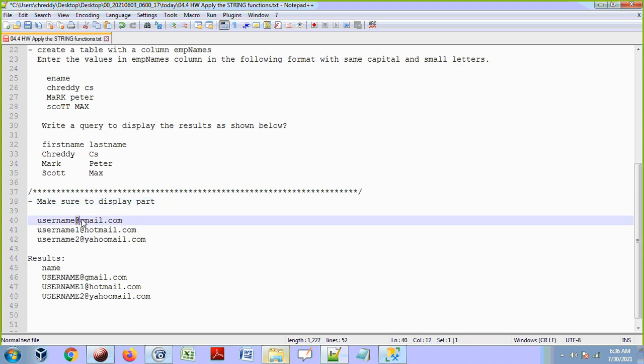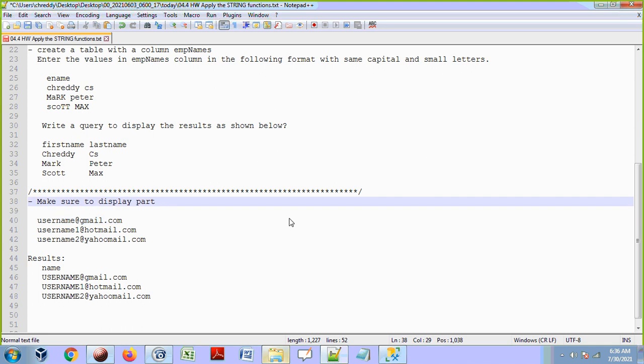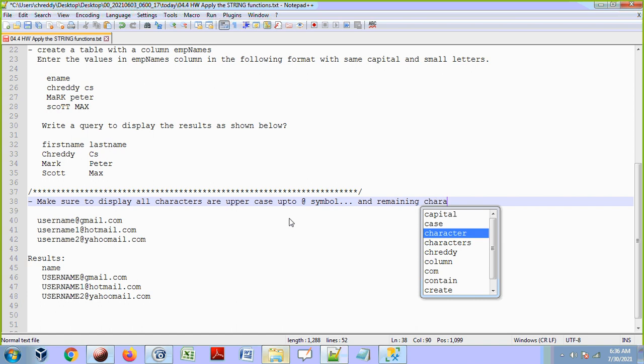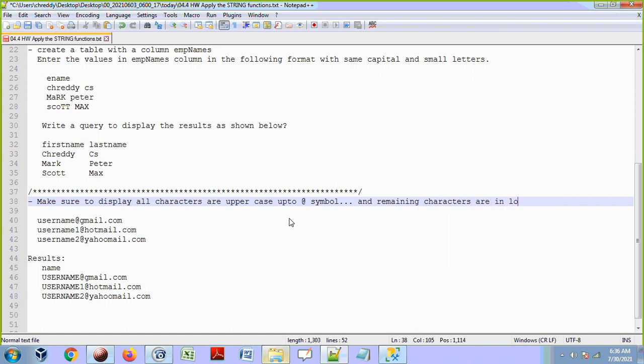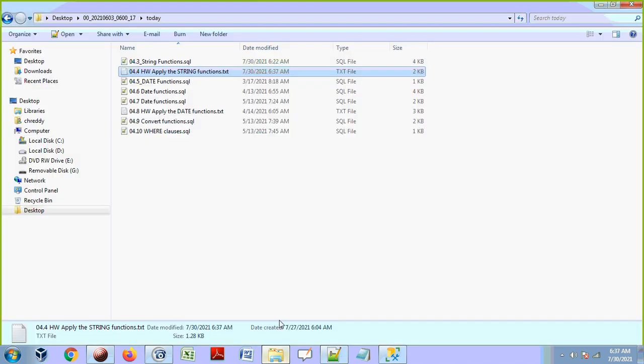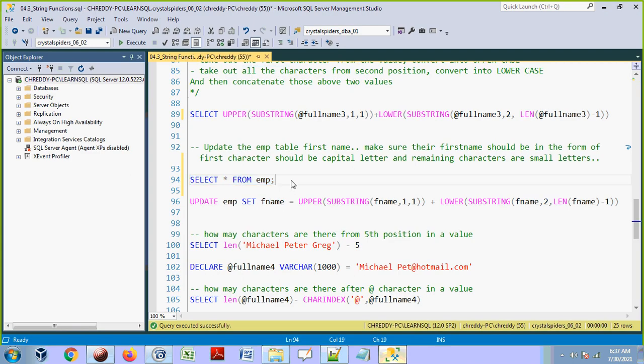And this one we can say, make sure all characters are uppercase up to the @ symbol, and the remaining characters are in lowercase. So this is the homework, guys, that I added. This is what I want you to do. So this is fine. Let's continue, and then I will walk you through that homework file again.